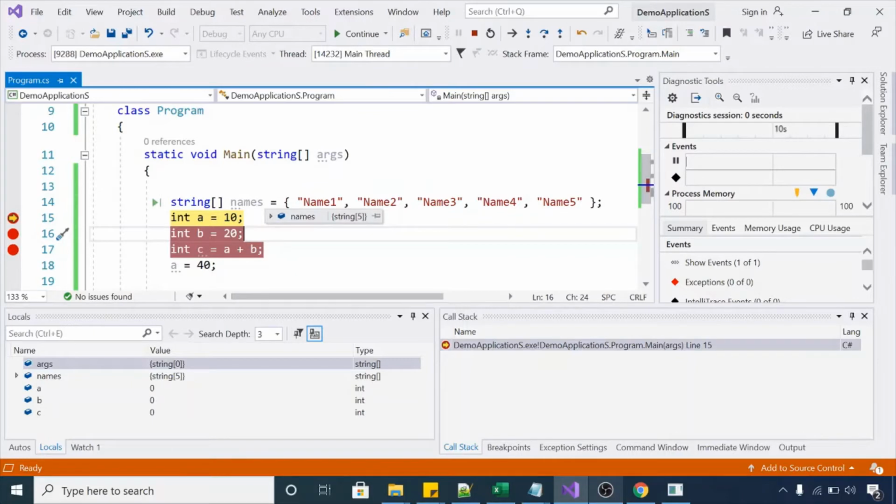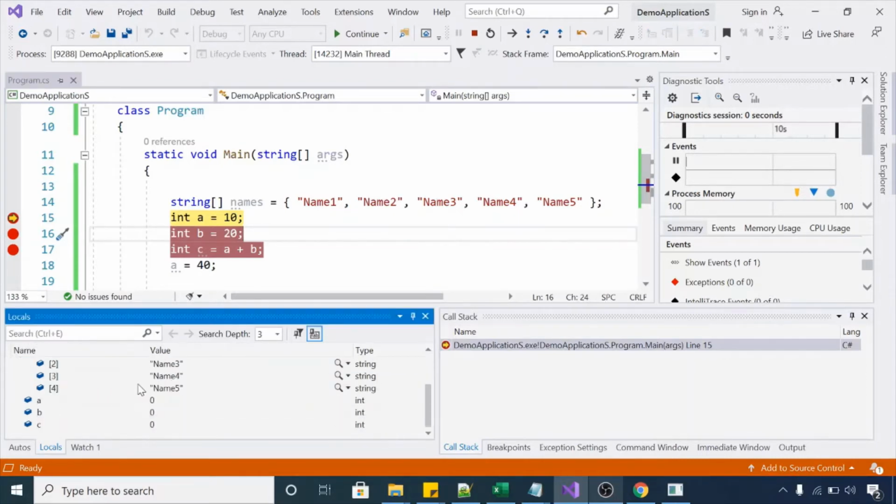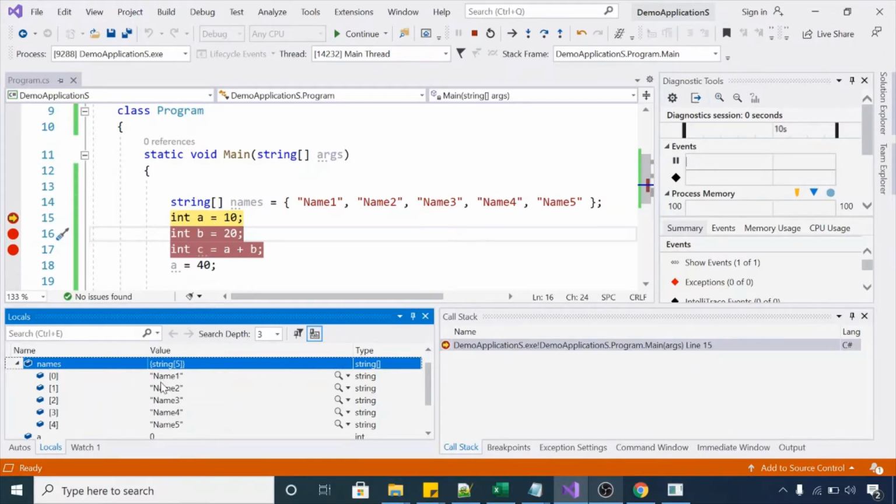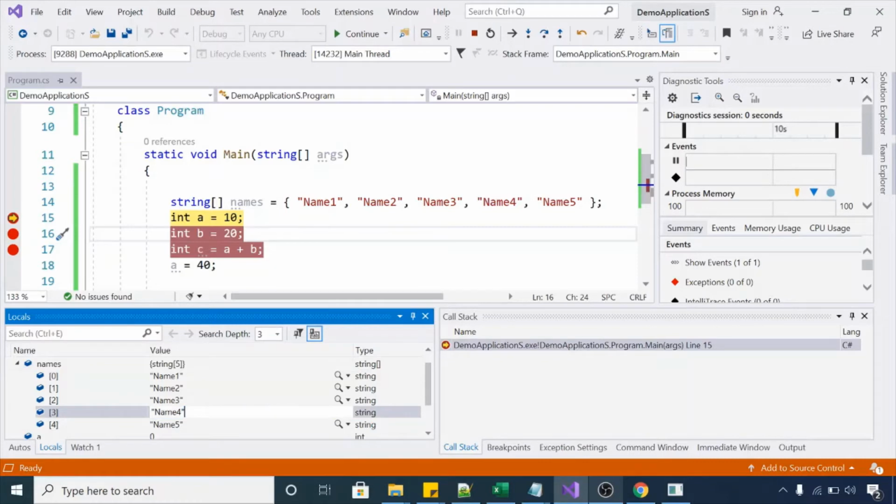Now we are having one names array, and it is having 5 values. You can expand this variable after clicking on this arrow button. Okay, have a look. It's showing you a value at 0 index. We are having name 1 value. At 1 index we are having name 2 value. At index 3 we are having name 4 value. Okay, and if you want to update any value, you can do that. Okay, just double click in this area and type your new value. Okay, I want to update this value as tester.